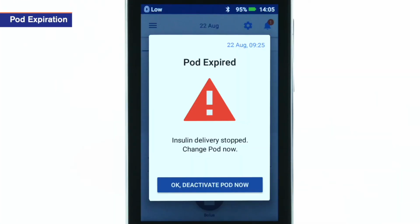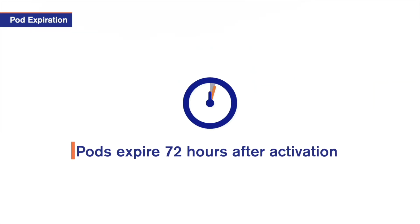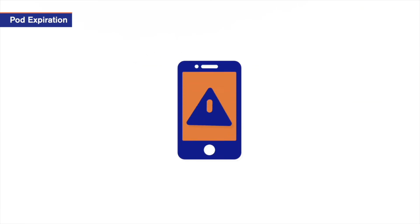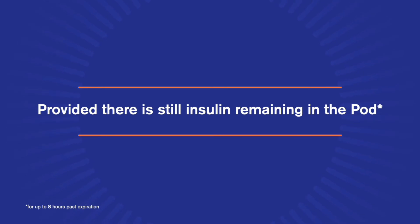You also need to change your pod when the pod expires. An active pod expires after 72 hours, or about 3 days of use. When the pod expires, the PDM alerts you. If for some reason you cannot change the pod when it expires, that's okay, provided there is still insulin remaining